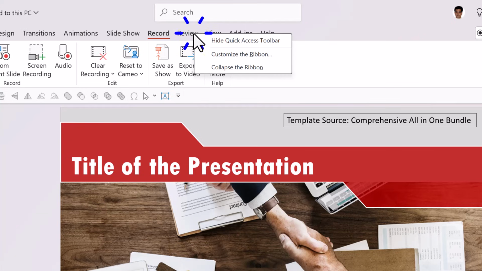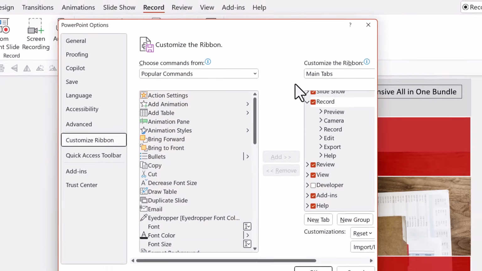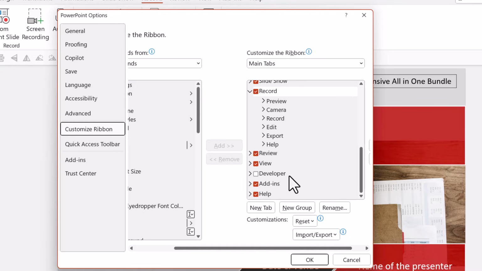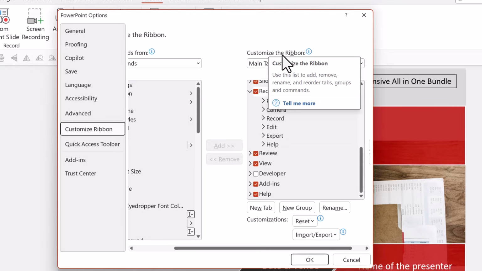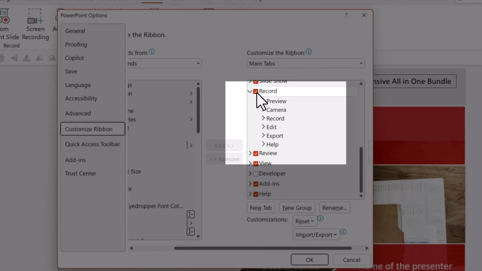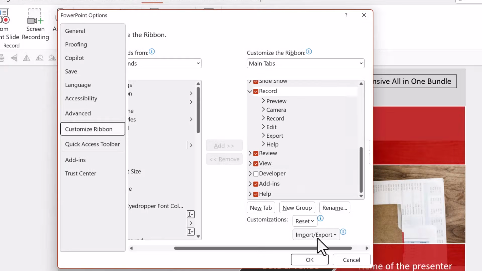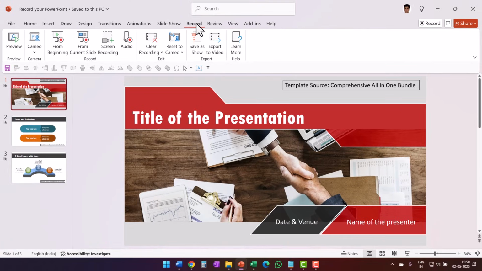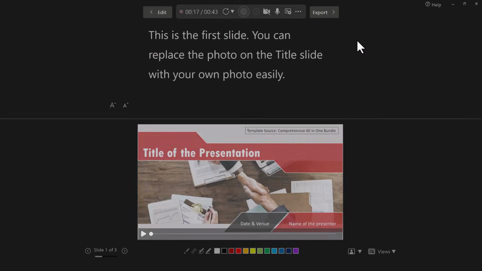You right click on any of the tabs, go to Customize the Ribbon option, and here on the right hand side you would notice that there is this option for Customize the Ribbon. You would see by default that this particular option for record might be left unchecked. You check it and you say OK, and that will ensure that the Record tab is brought back to your PowerPoint ribbon. Now, to make things simple for myself, I am going to click on the Record button here,